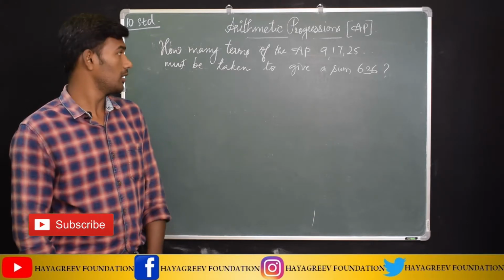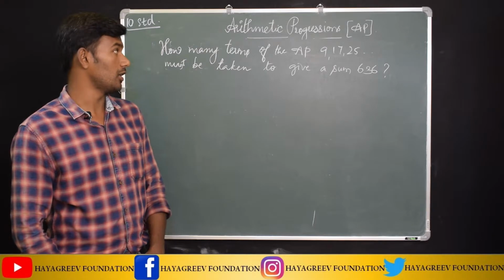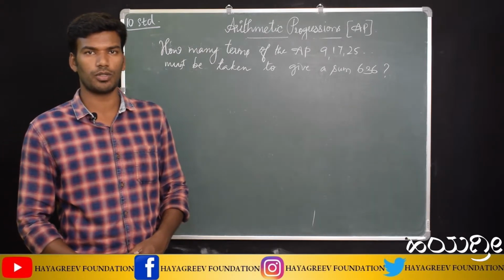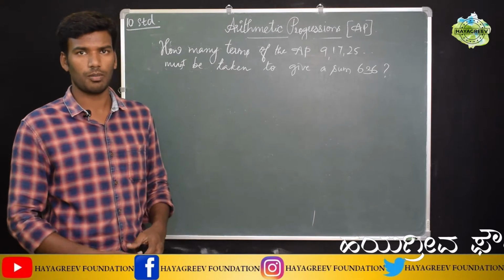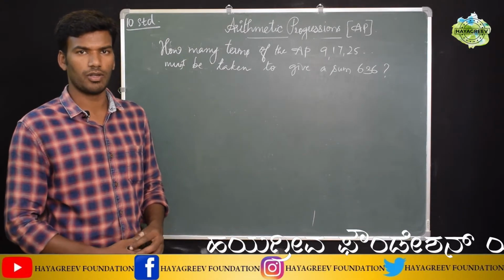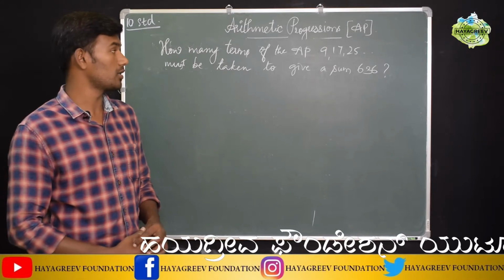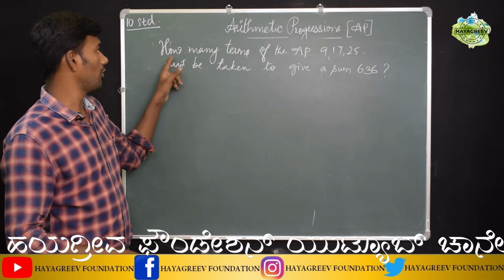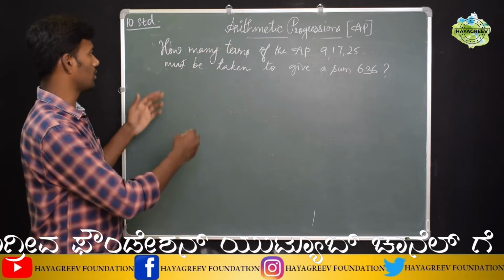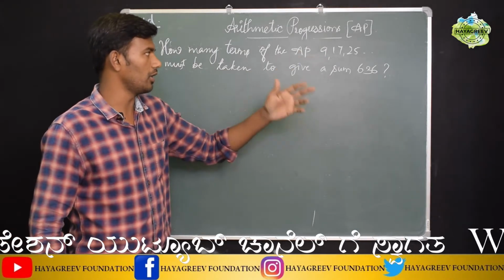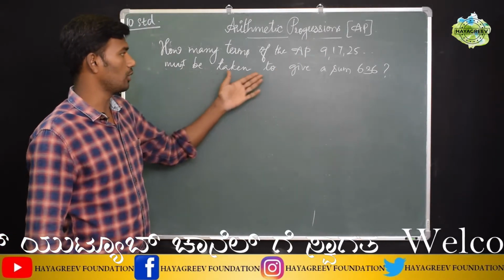Dear students, in the previous session we have seen the problems which are given directly. In this session we are going to discuss word problems, because few students go wrong and feel it is very difficult to understand what is given in word problems. So in that case we have to find what is given in the question. How many terms of the AP 9, 17, 25 must be taken to give a sum of